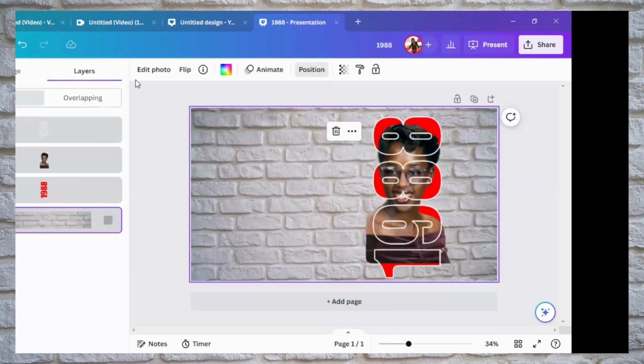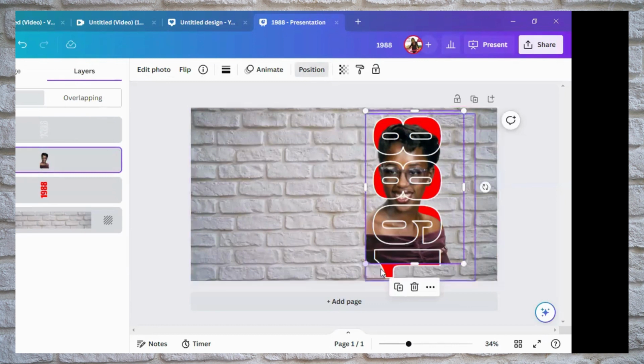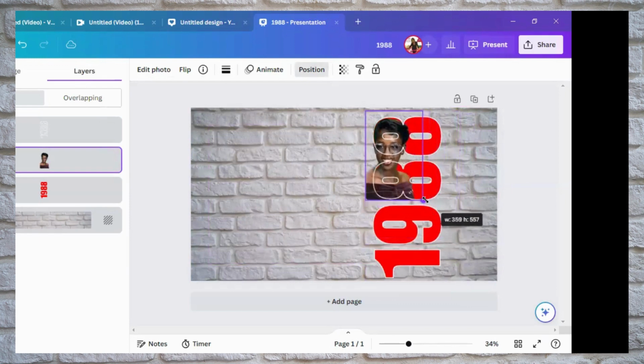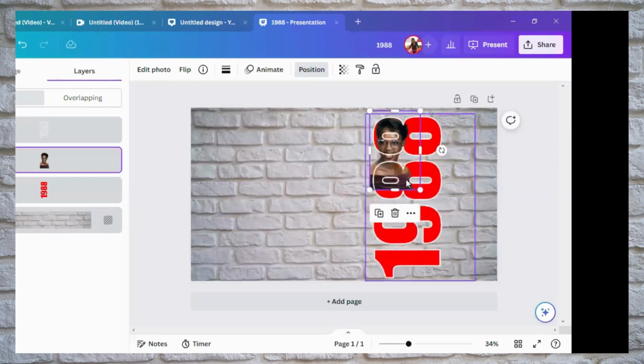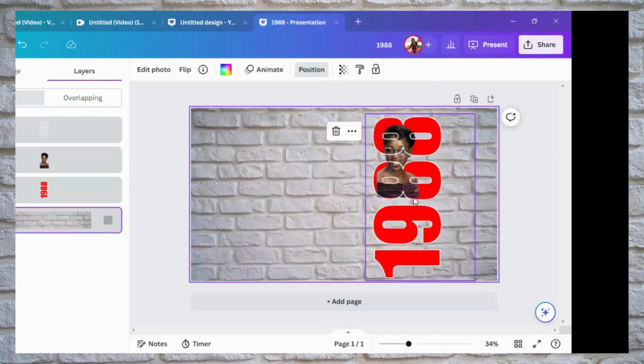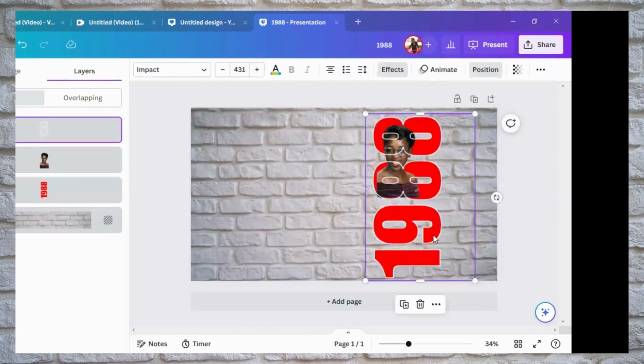Let me hit position again. Let me go to layers. Let me highlight myself. Make myself smaller. And I'm gonna move myself over. Make myself a little bit smaller. Bring me down. Bring me over. Okay. Then if I had another picture, say if I had a cap and gown picture, I would put it